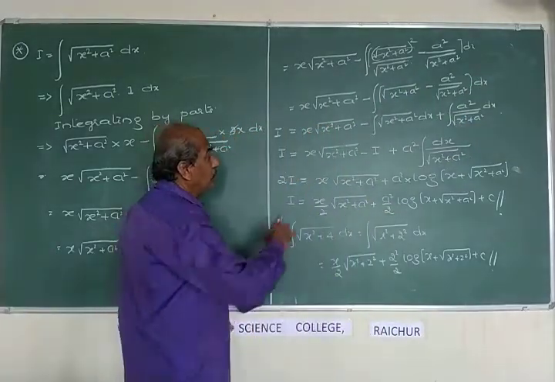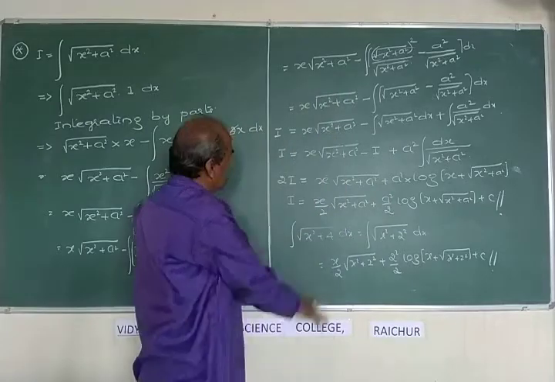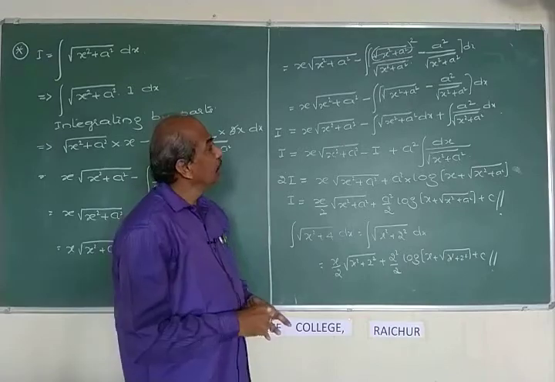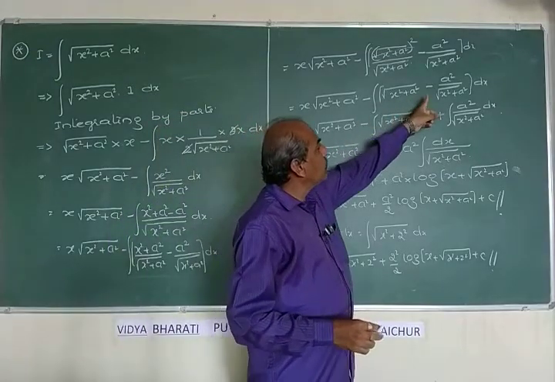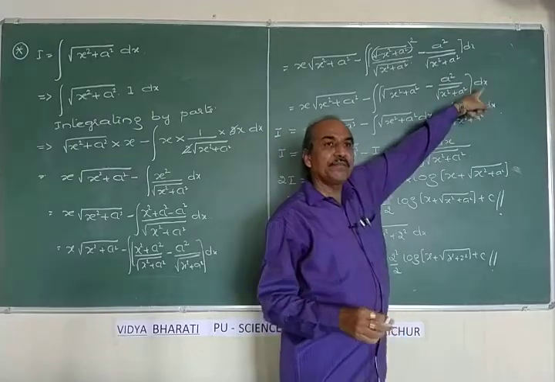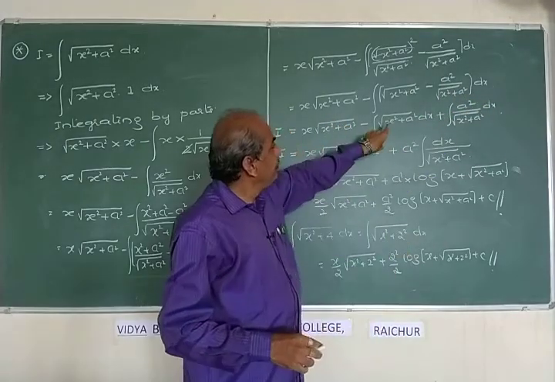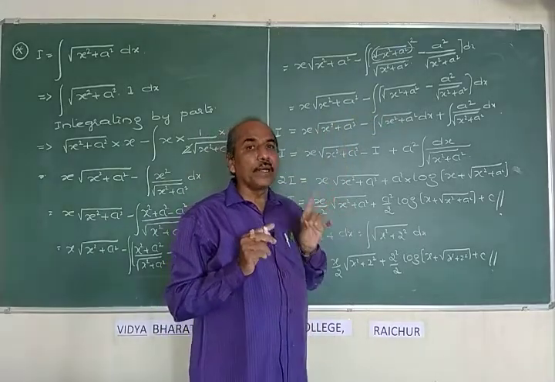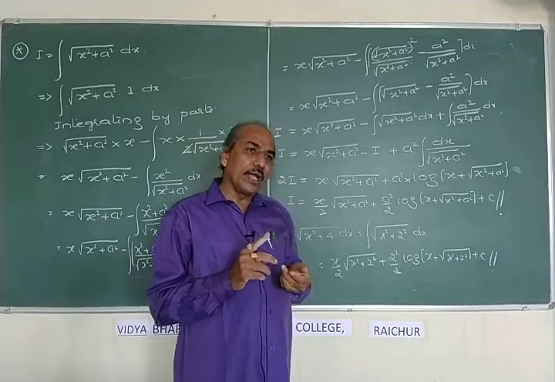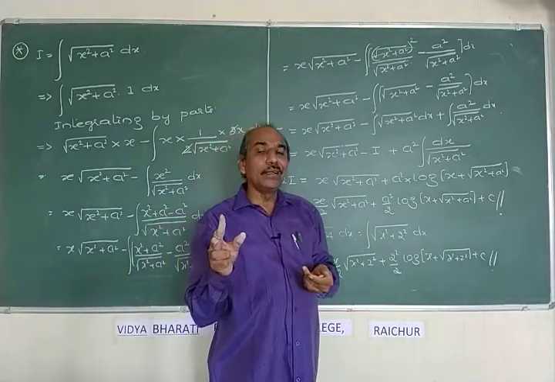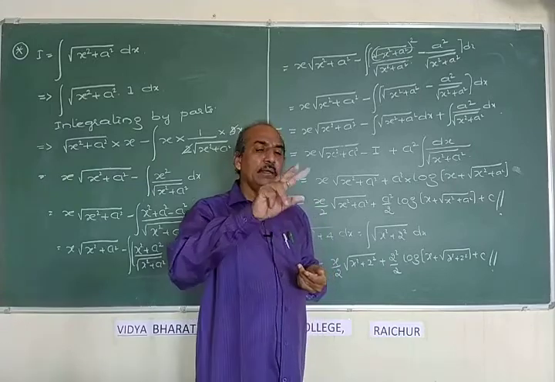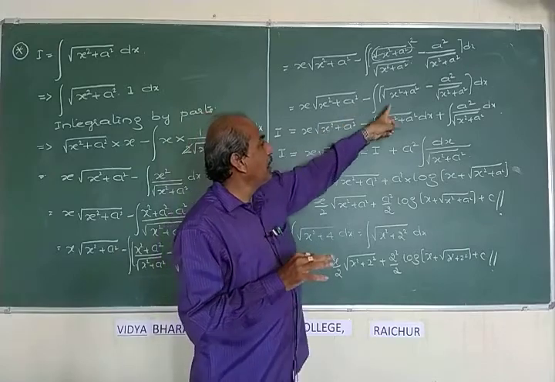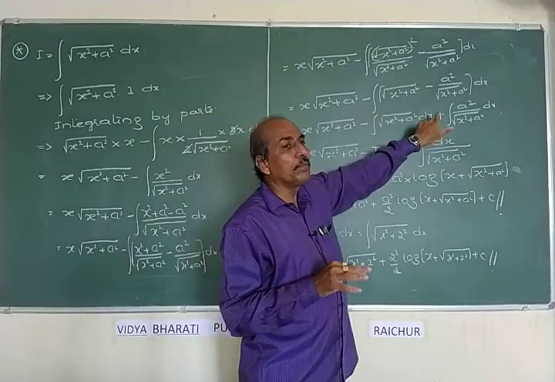Now, one root will go. This entire first term you keep as it is till the last step, then root of x square plus a square minus a square by root of x square plus a square into dx, along with the sign. See, here you will make the mistake, that is a very, very important part. I told you, when you have a negative sign outside a sum of two terms, always remember to multiply the negative sign to both the terms. So that is what I did, you see here, minus into minus becomes a plus.